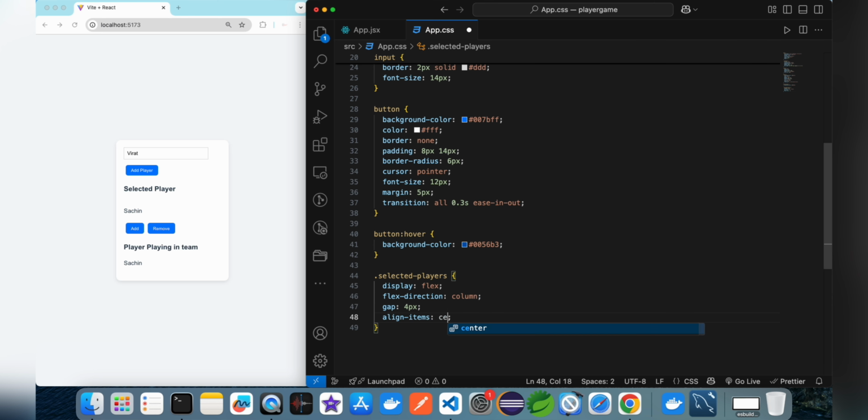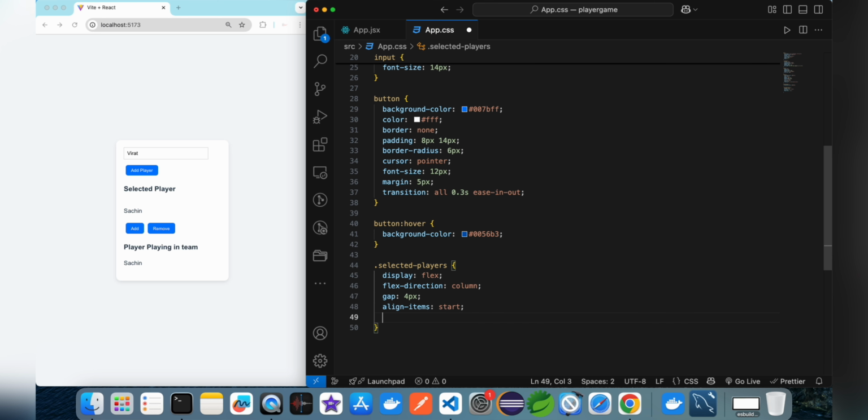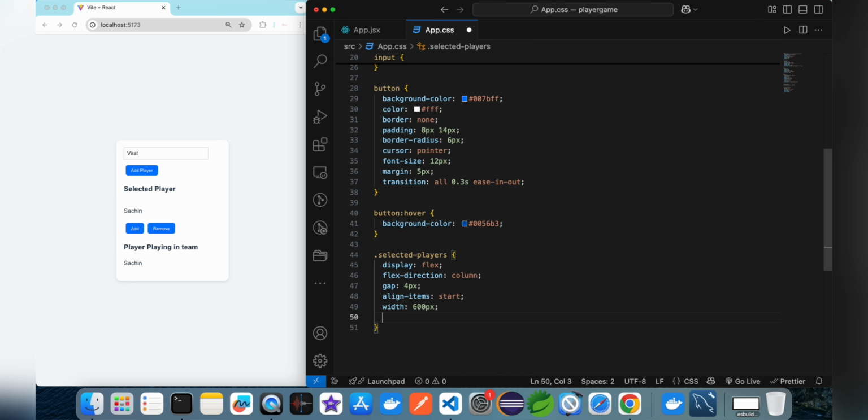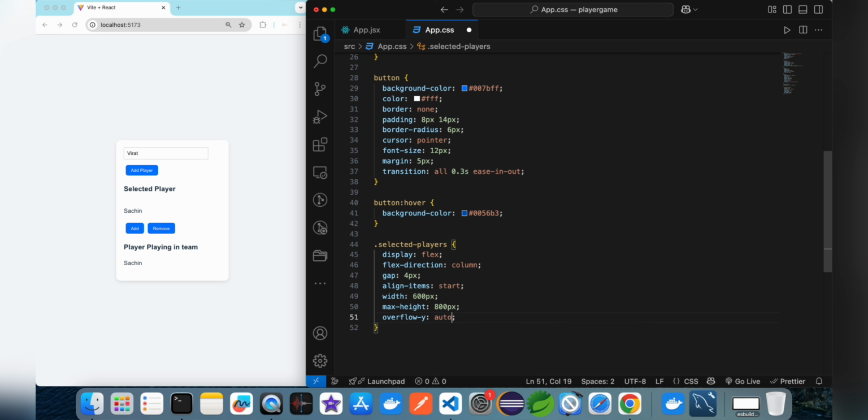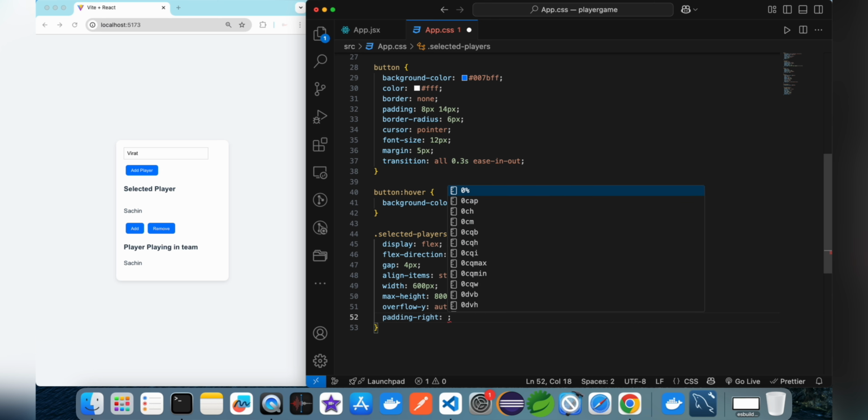Width I take 600 pixel. Okay, max height 800 pixel, and overflow Y is auto. Padding right is 5 pixel. Okay,